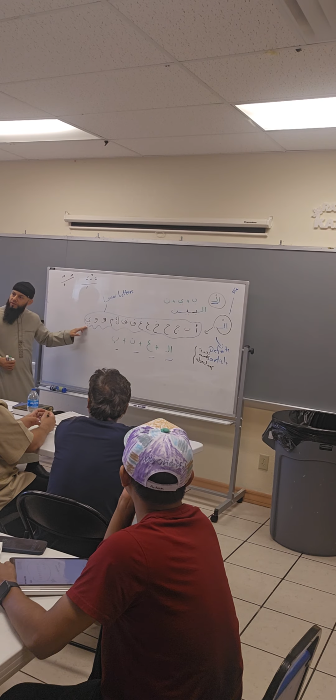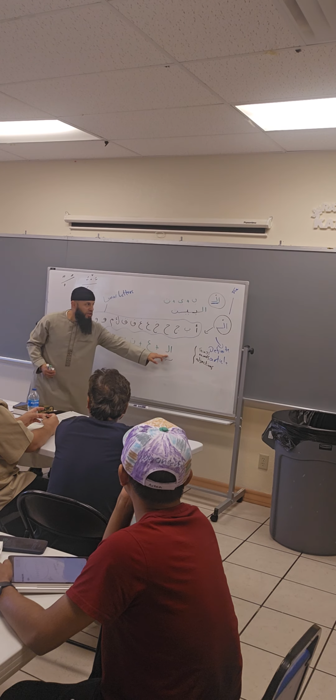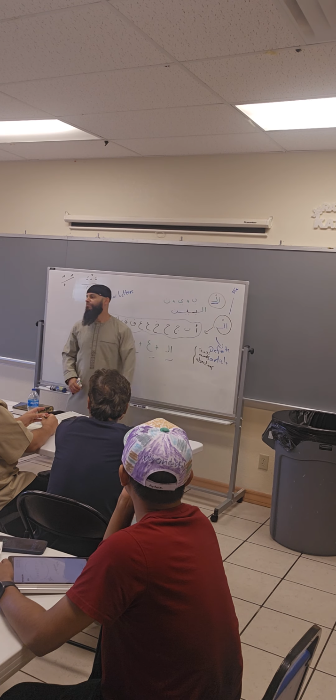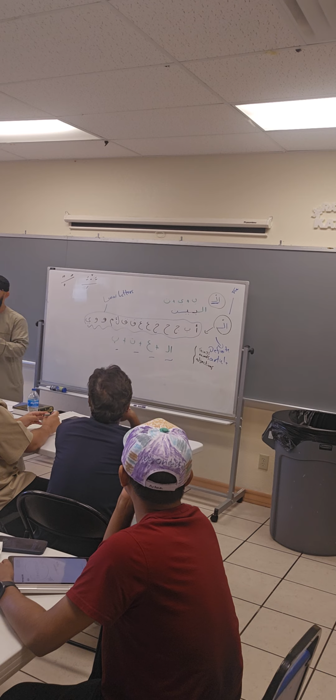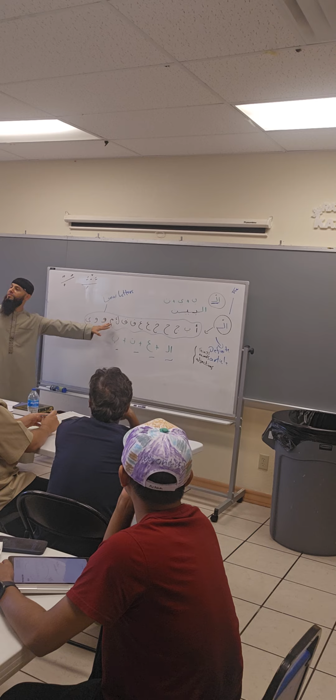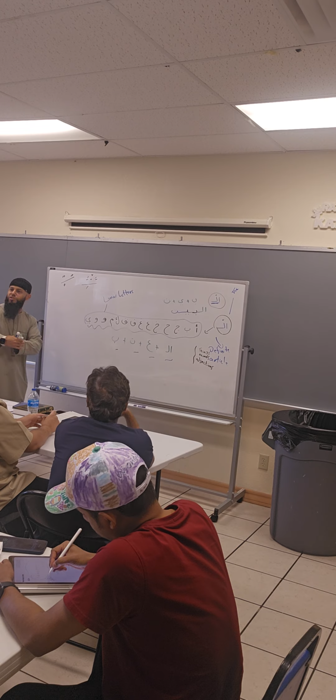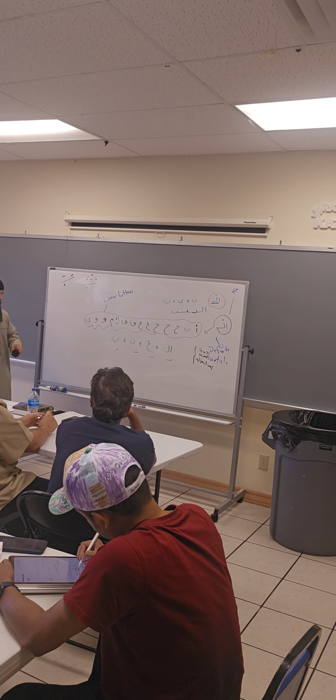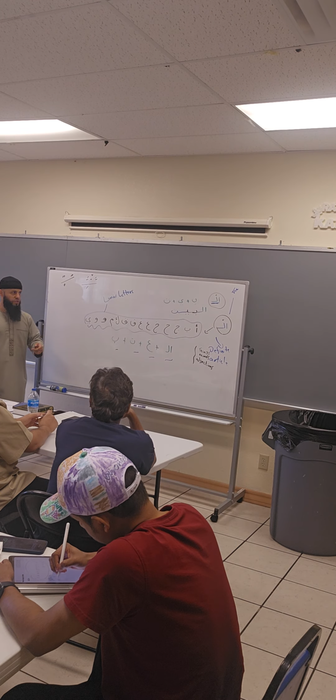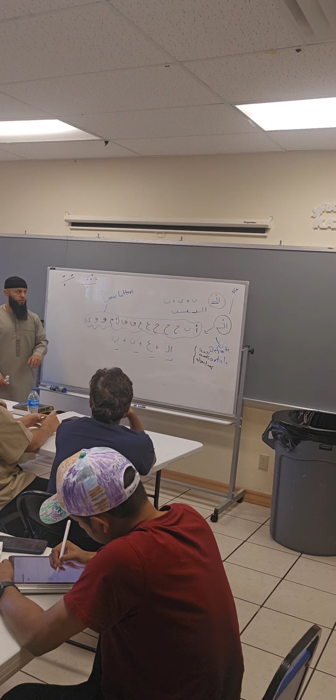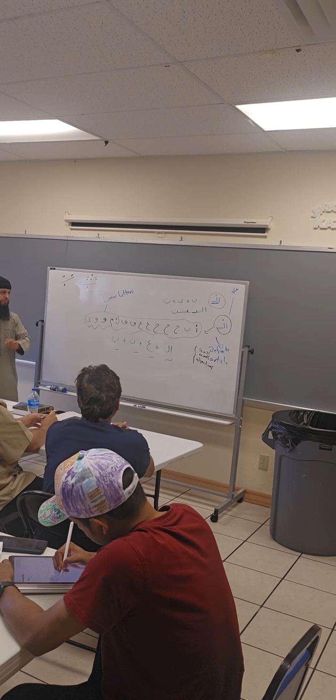So you need to remember this group. Any letter of this group coming after al, you're going to pronounce it. You're going to say al. Other than these letters, the lam of al is not pronounced. You're going to jump from the alif to the letter that comes after it. And we will mention in the next section the solar letters and how we pronounce them.